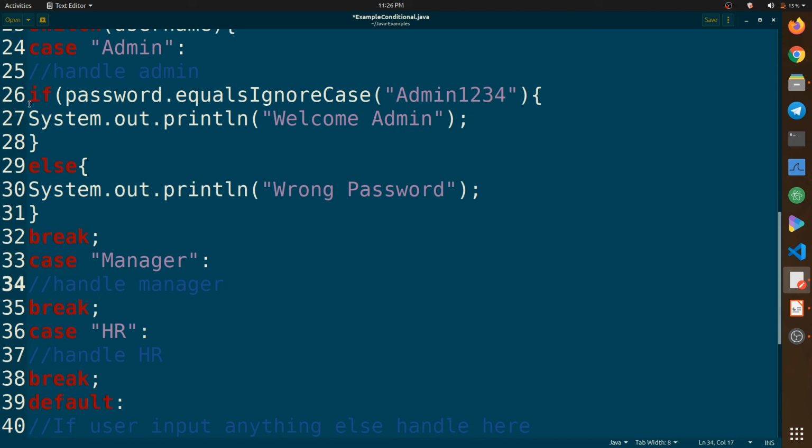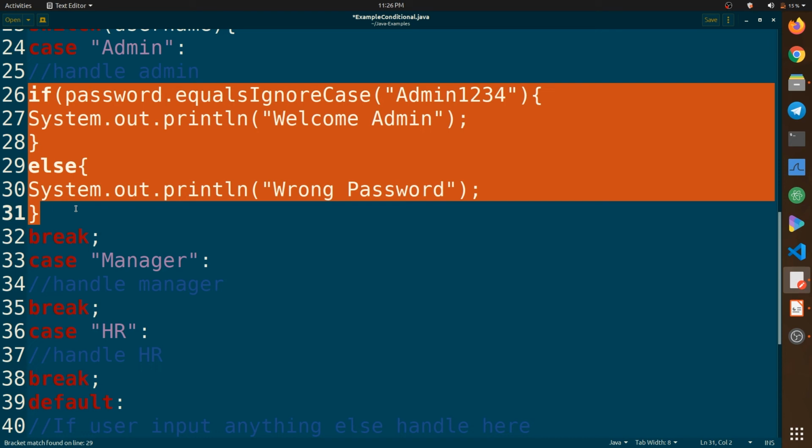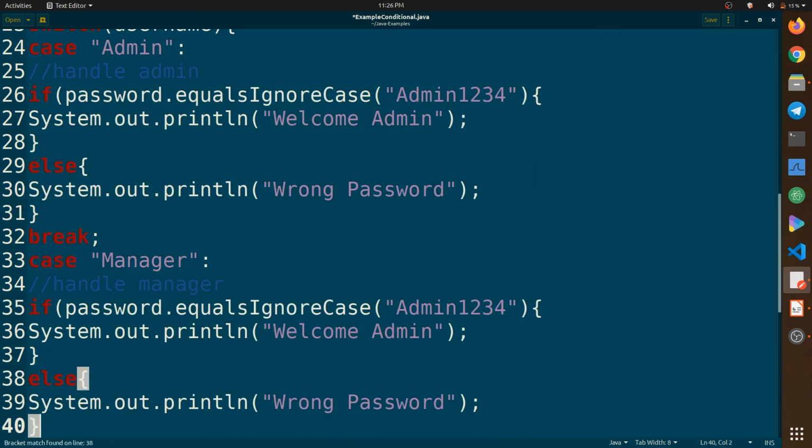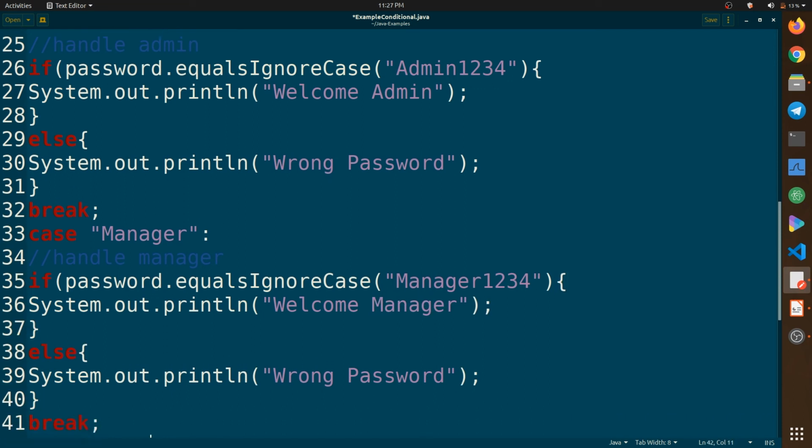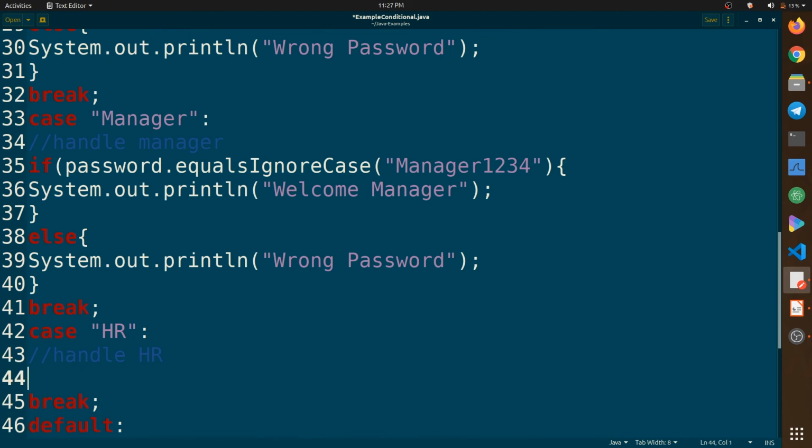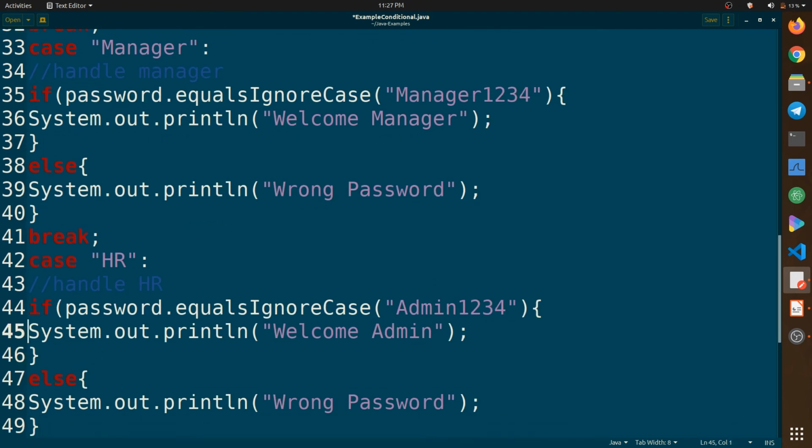Also we need to handle manager and HR, so I'll just copy paste this condition and change values. So the password for manager should be manager1234, and the message should be welcome manager, and for HR, the password should be HR1234, welcome HR.